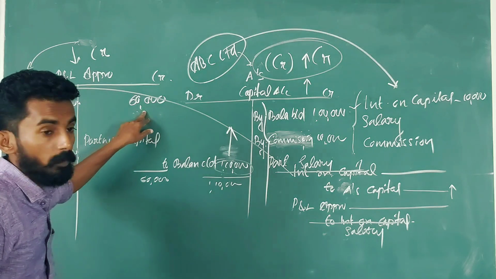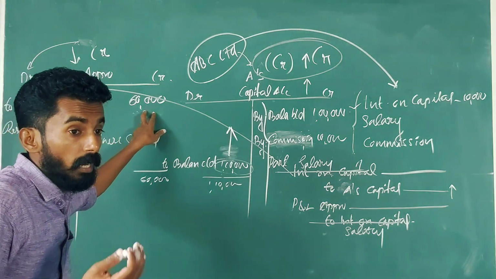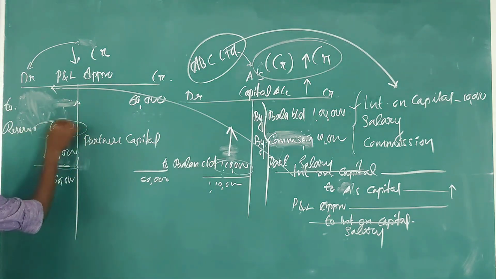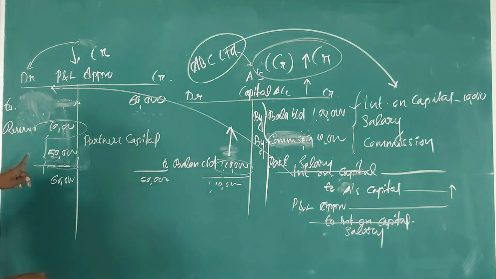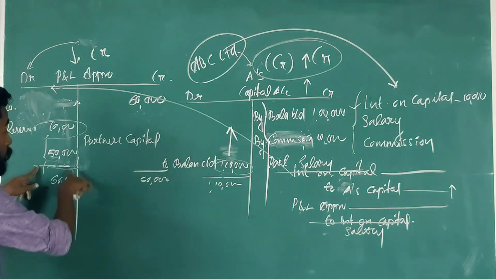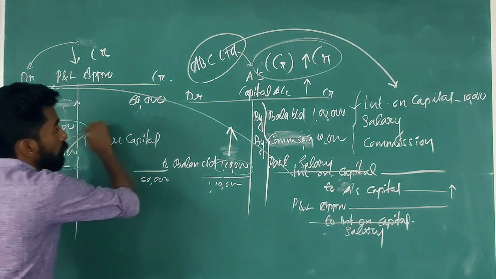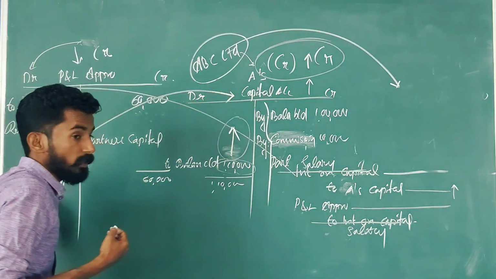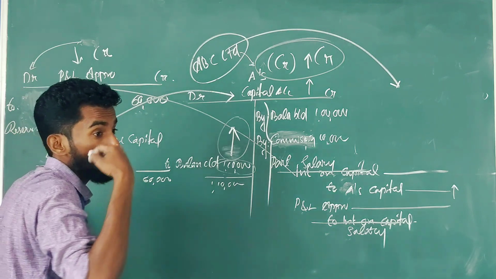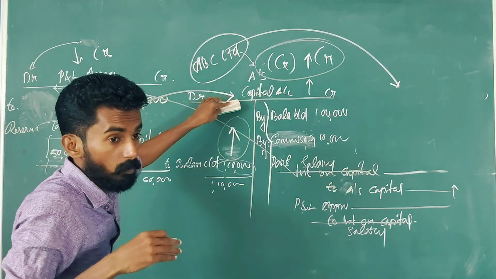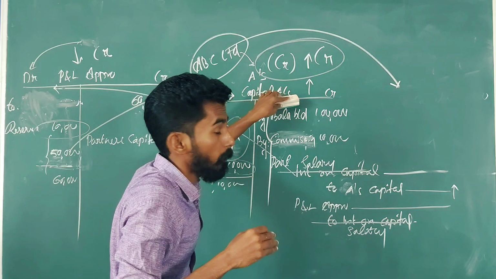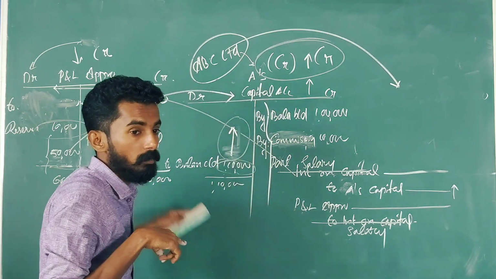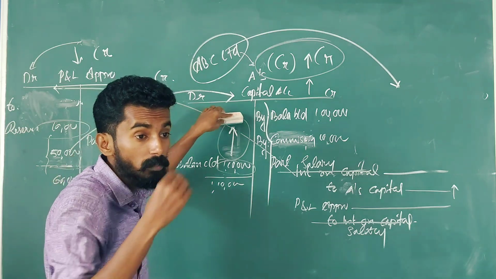Previously how much was our profit? 60,000. Now how much am I going to keep as my reserve? 10,000. What is the remaining amount? 50,000. What am I going to do with this 50,000? I am going to transfer it into partners capital account. What we are going to transfer is the appropriation profit. So what is going to happen in capital account? Capital account is going to increase because the firm is giving a share of profit to the partners.